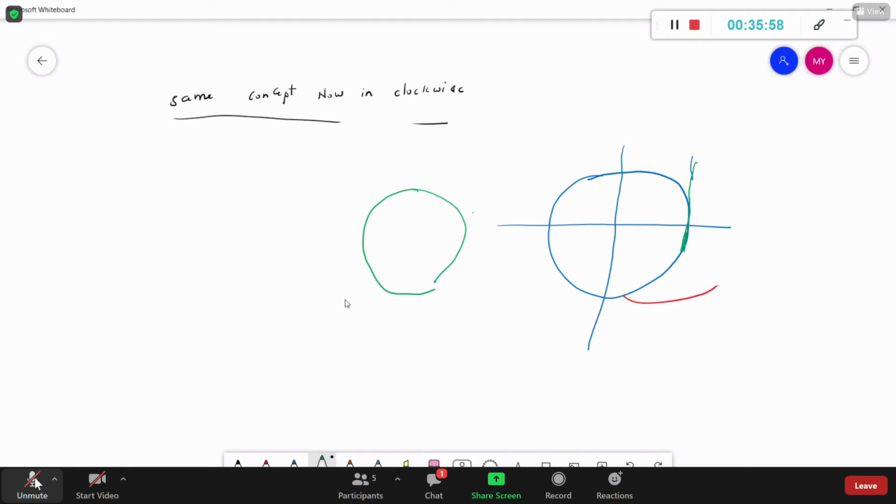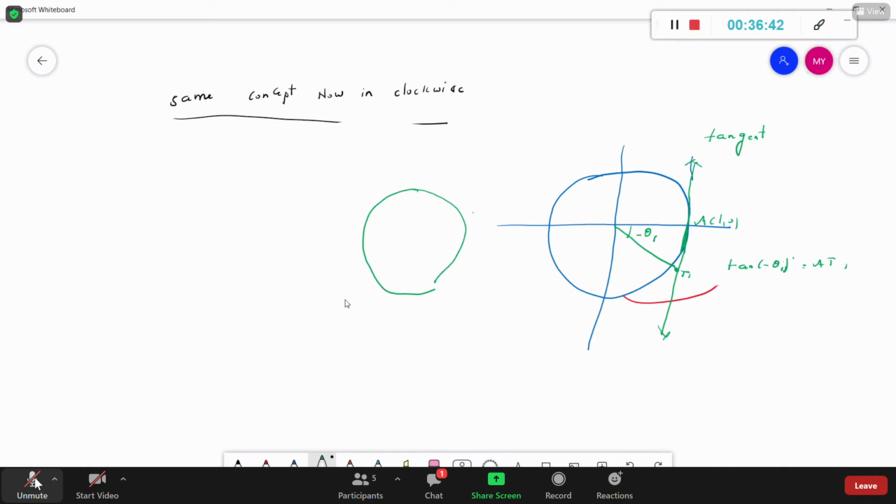So don't assume this is a tangent. I can't draw it pinpoint, so assume this is a tangent, which touches at A. Now, if I rotate through an angle minus theta, so this angle is minus theta, and if I extend this line, it will meet the tangent at, say, T1. So tan of minus theta is your AT1.